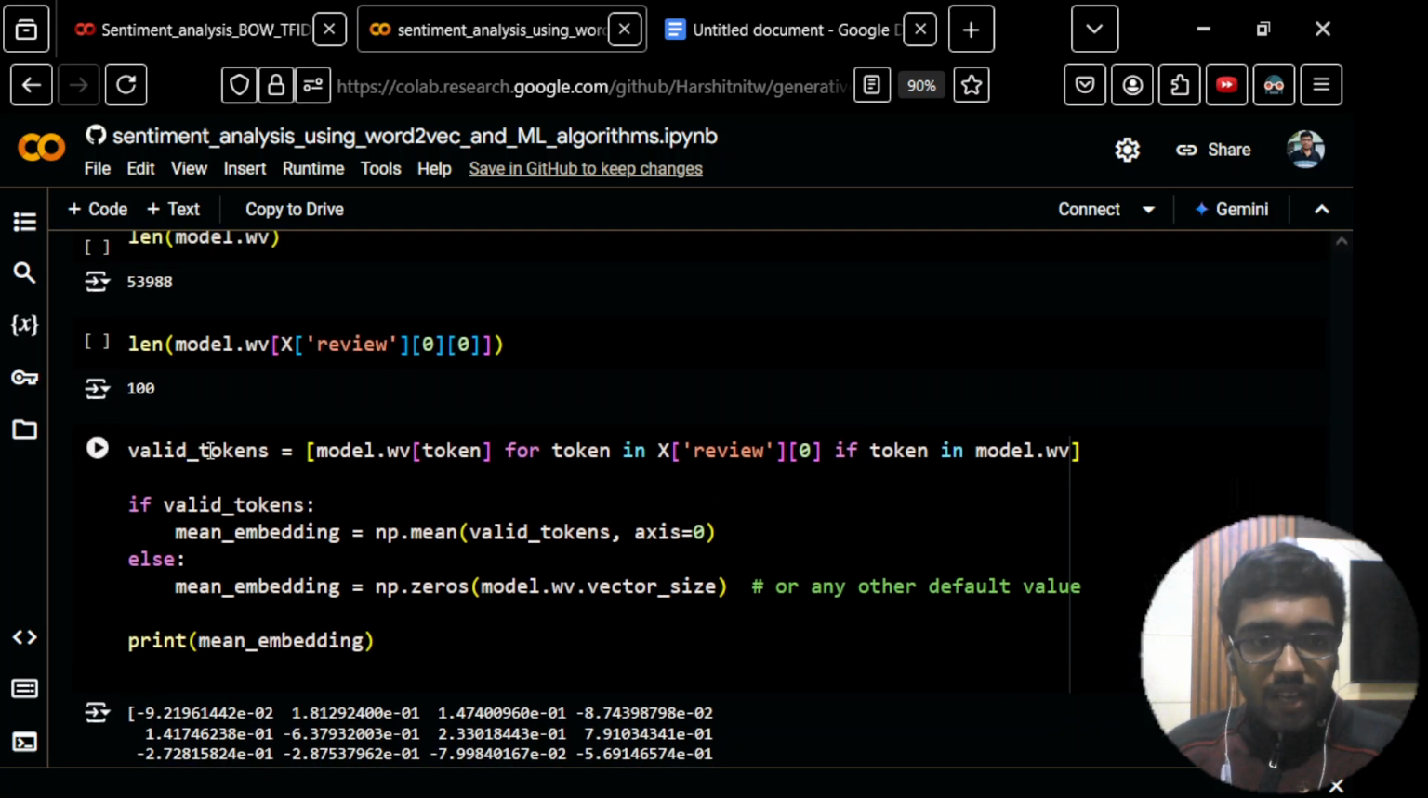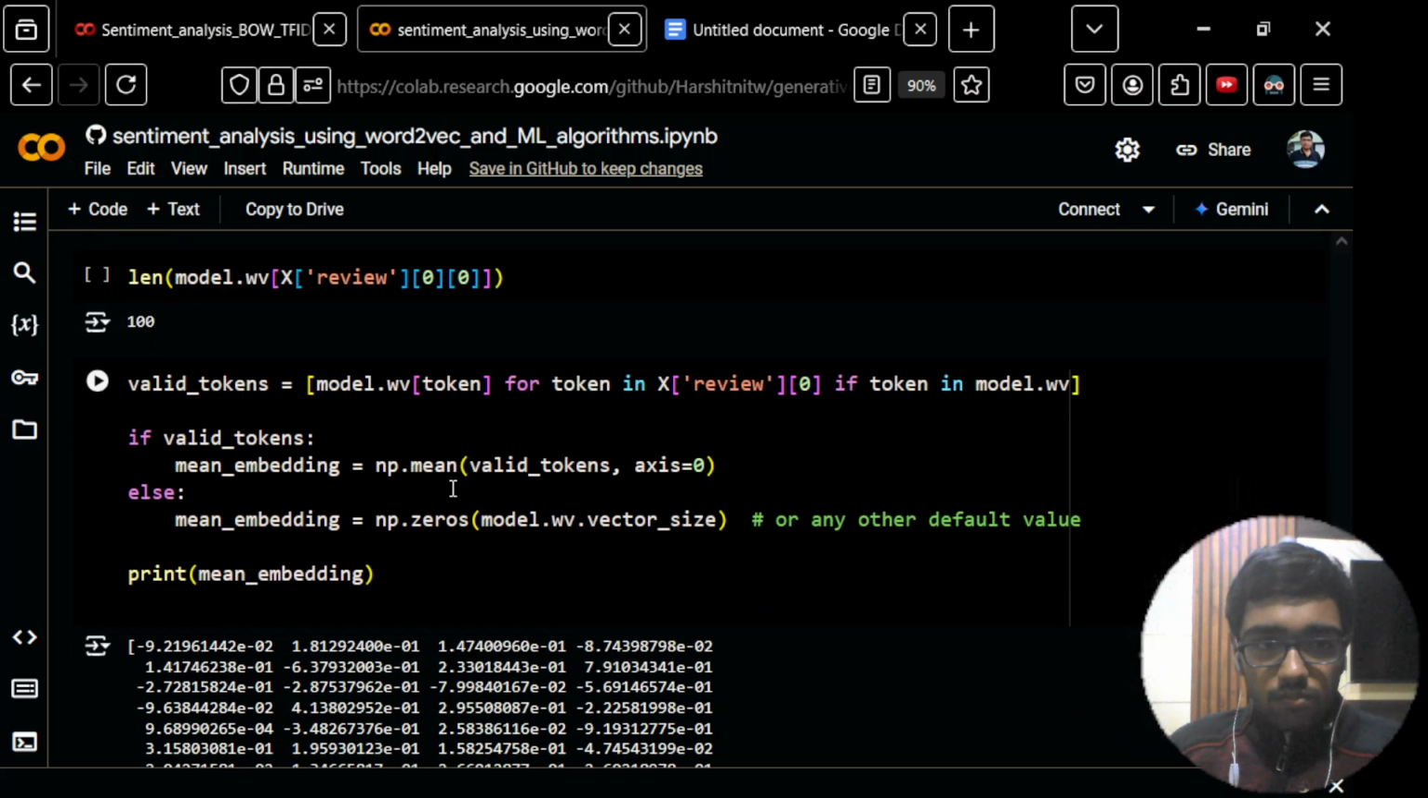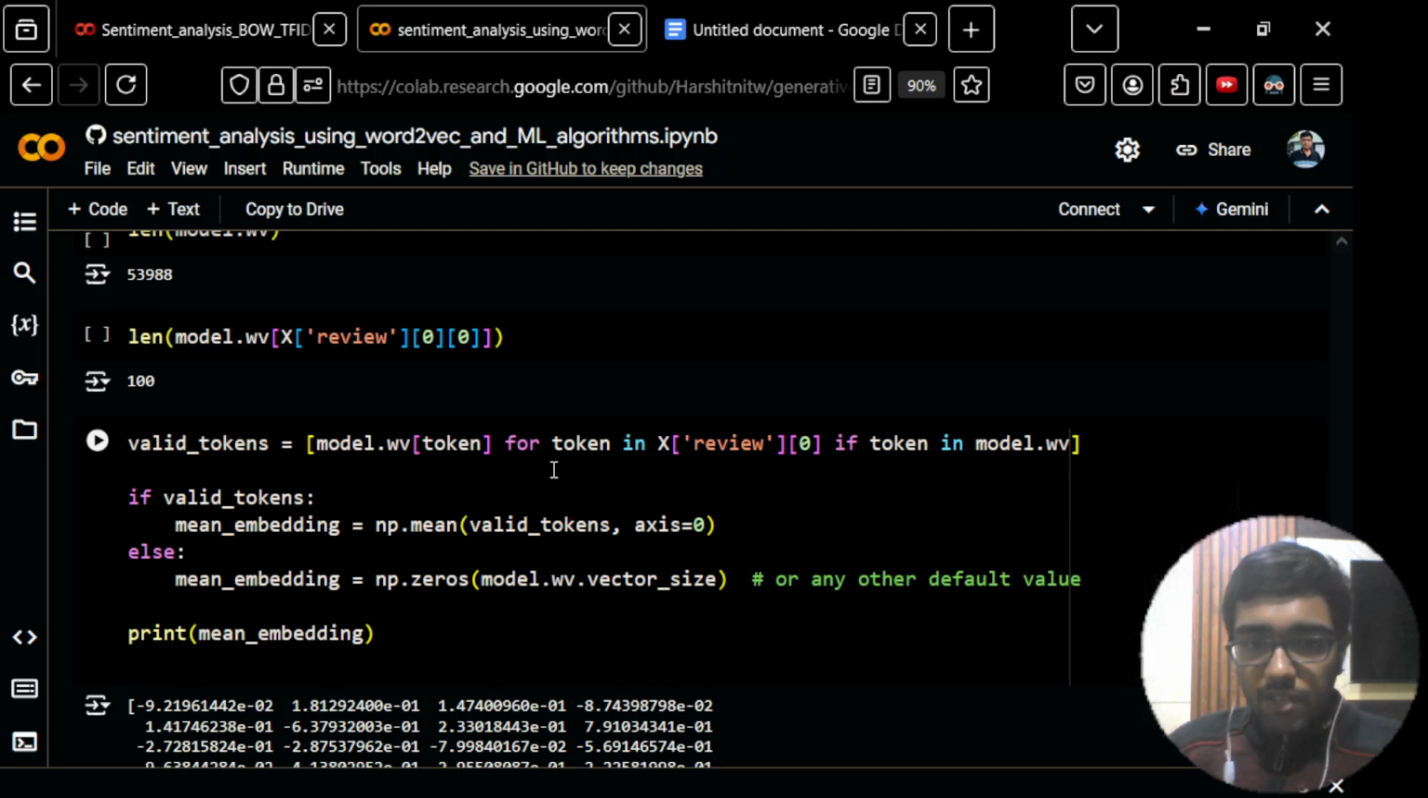Just see, valid tokens, the model dot wv dot token. You need to see this. We have first taken the zeroth row of the review column. So now we are going inside that and considering one of the model tokens. What I mean to say is that